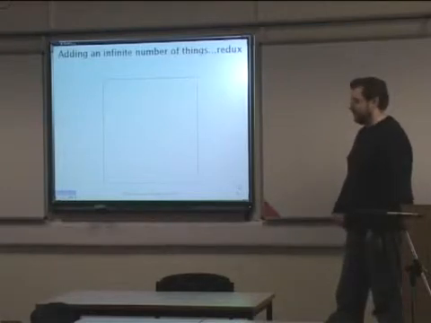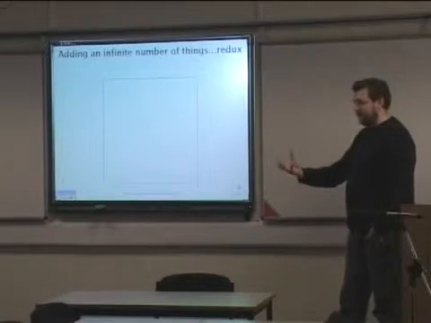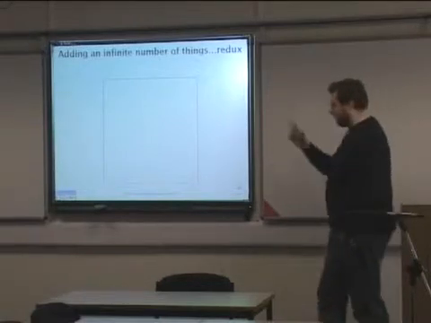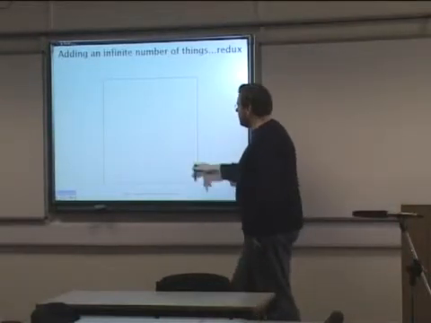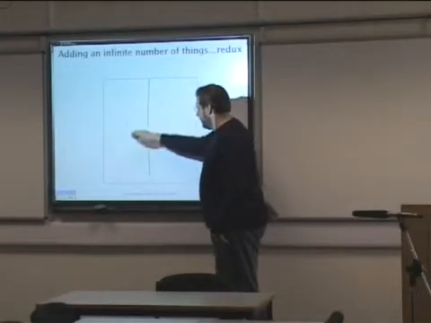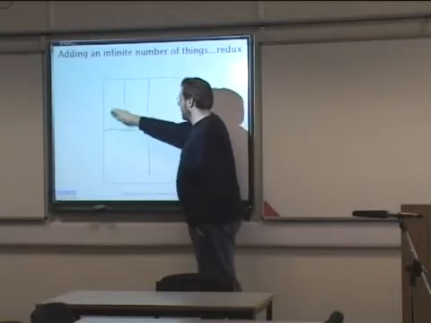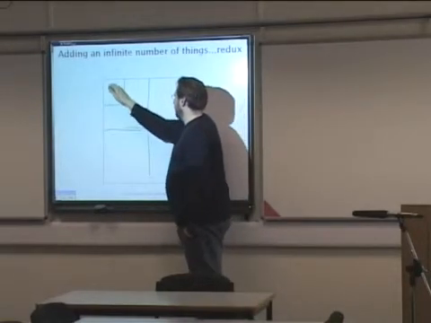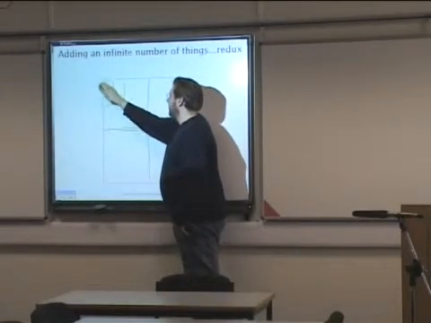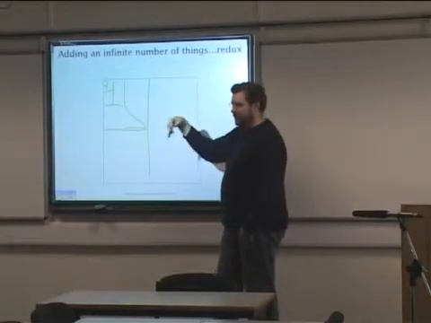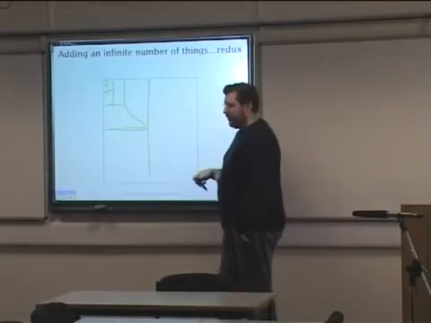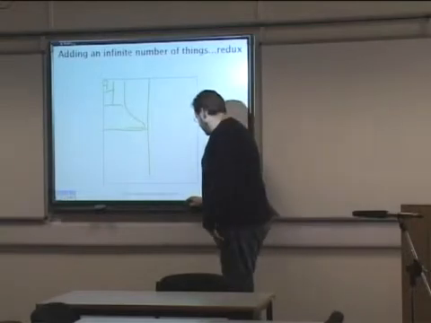So this idea that adding an infinite number of things can add up to a finite number is demonstrated thus. You say, well, take half of it, and then add half again, and half again, oh dear, half again, that's because I brushed my hand with this. Half again, half again, half again. And you can keep adding halves to infinity, and you get the whole, and you don't go off to infinity. So this is,